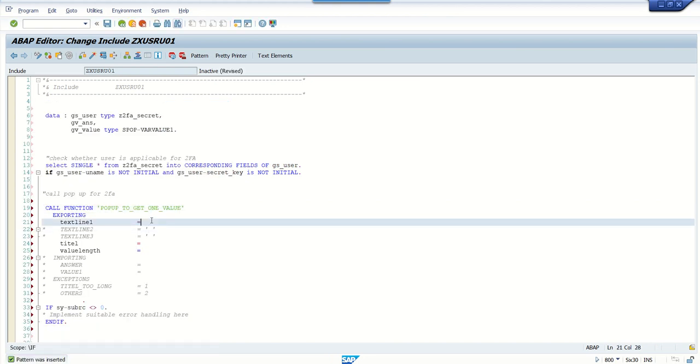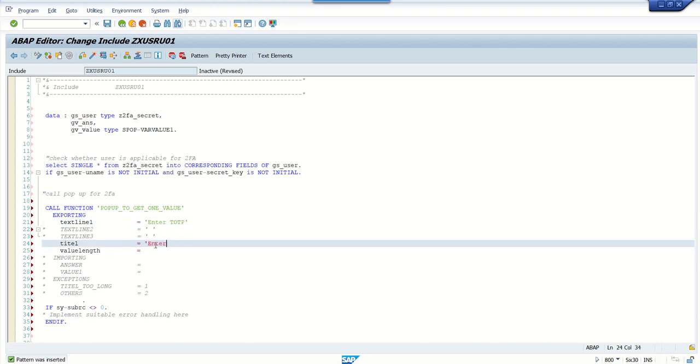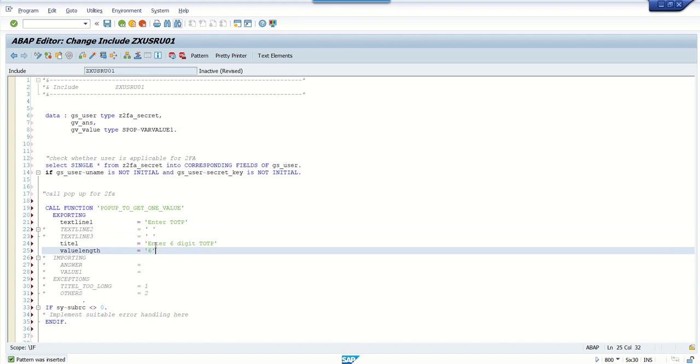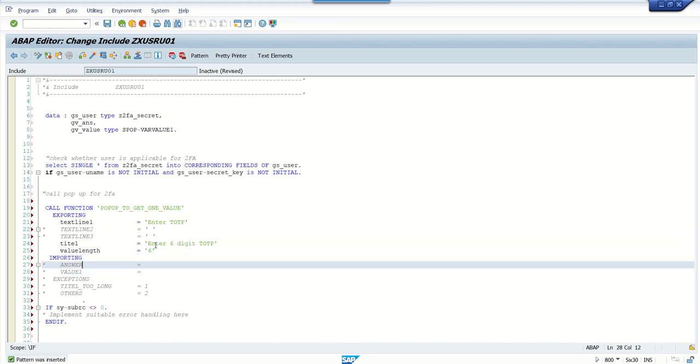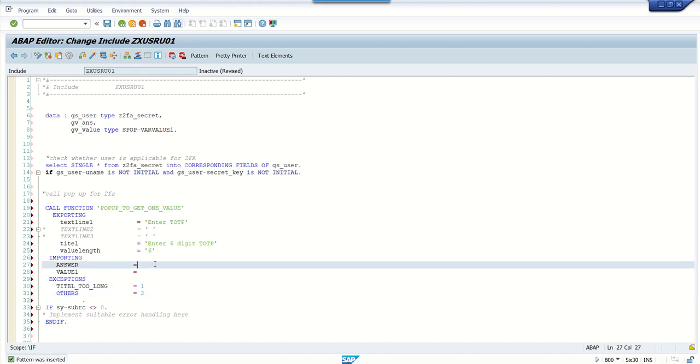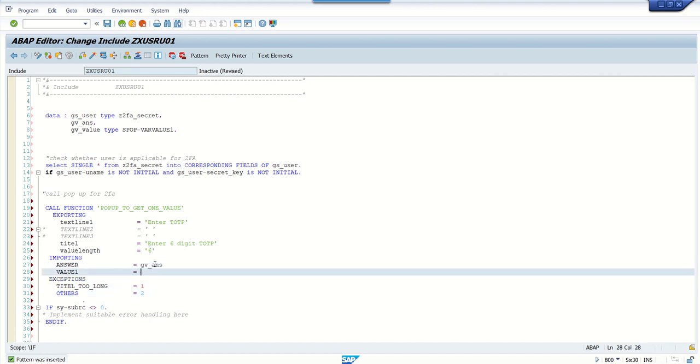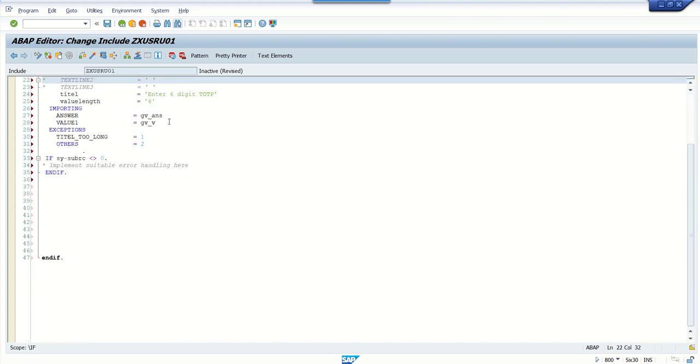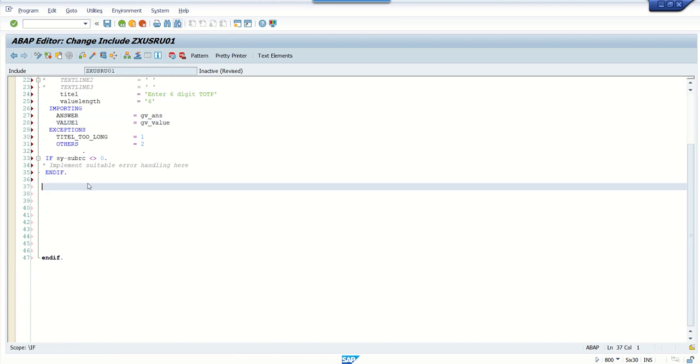In the text line, enter TOTP. Title, I'm going to keep the same title. Enter, let's say, 6-digit TOTP, and the value length here I'm going to give as 6. Open the exporting parameters, all the exceptions. Here the answer will be gv underscore answer, and value will be gv underscore value. Okay, so now once we receive the value